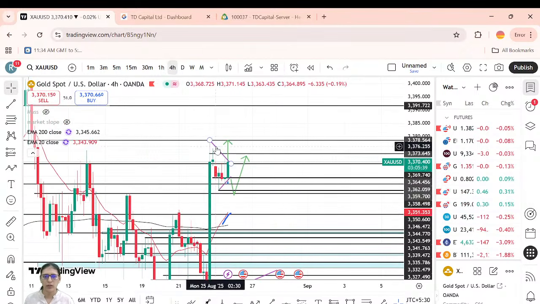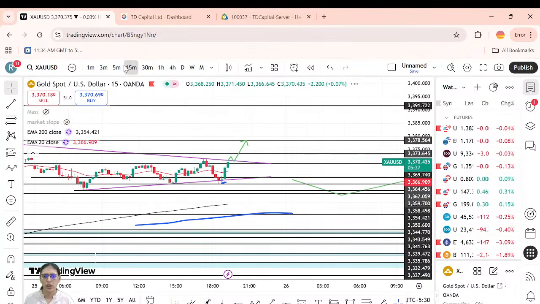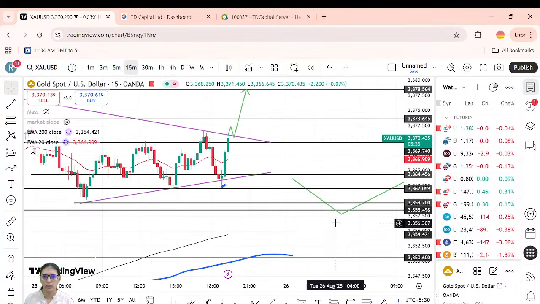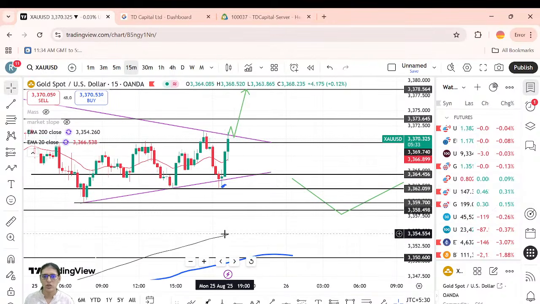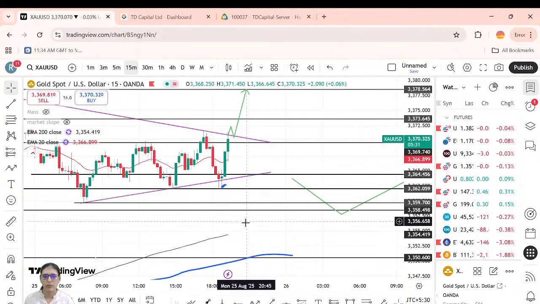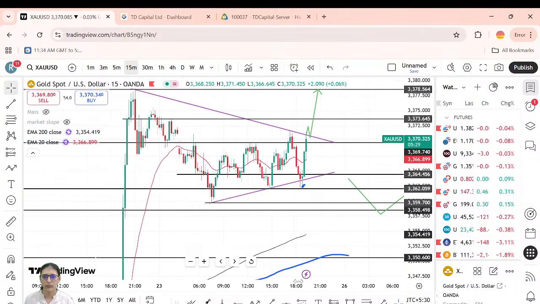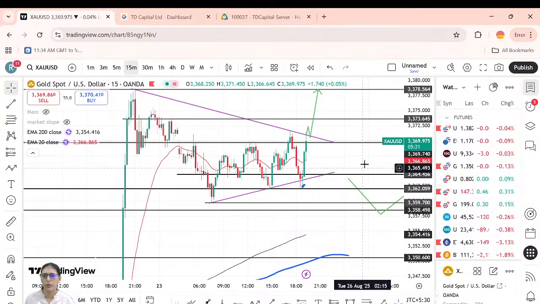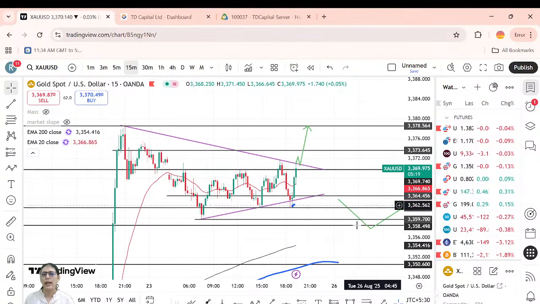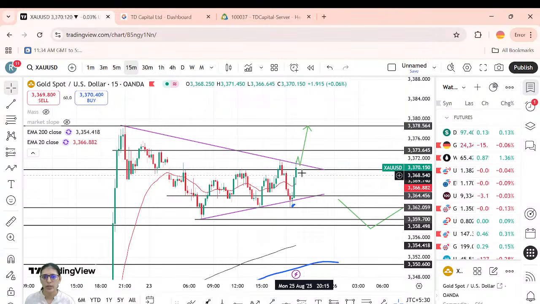If there's a breakdown of this trend line, don't keep on sitting till below, because there is a chance of the market rising from this level. If you get a breakdown till here, be alert and exit your sell trade if you're planning to enter. And as always, do keep on checking what the dollar is doing.